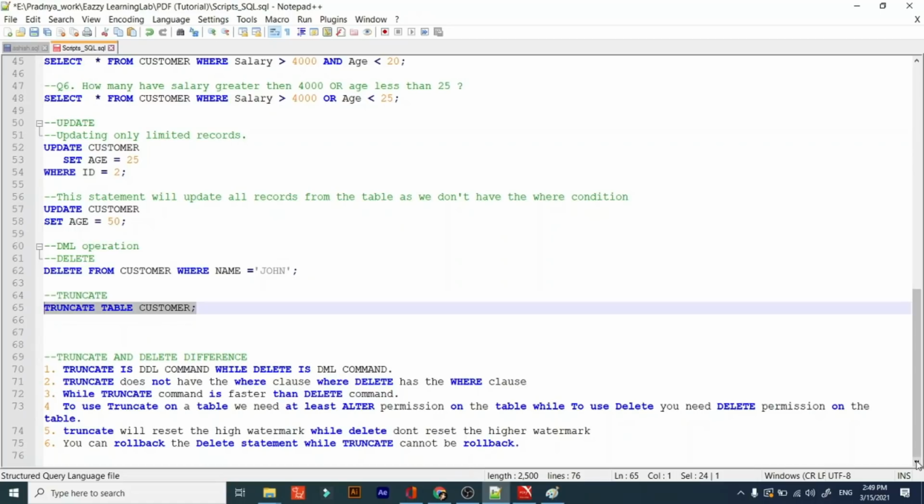So while updating any record, think about what you want to update and which records you want to update. First select that record, put that where condition, and then use that where condition in the update statement. This is the best way to avoid mistakes.